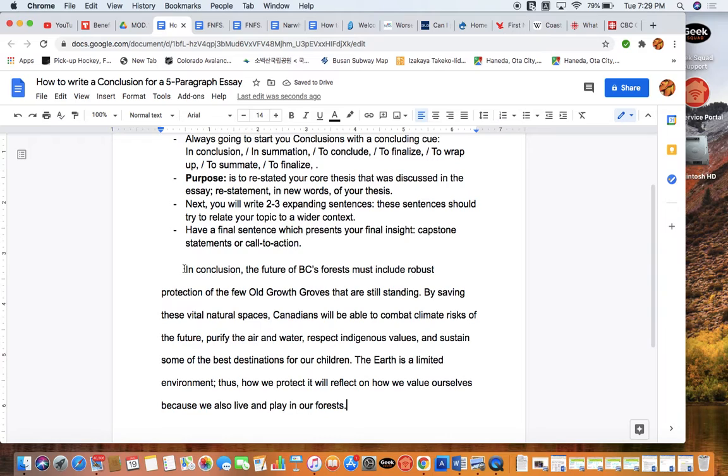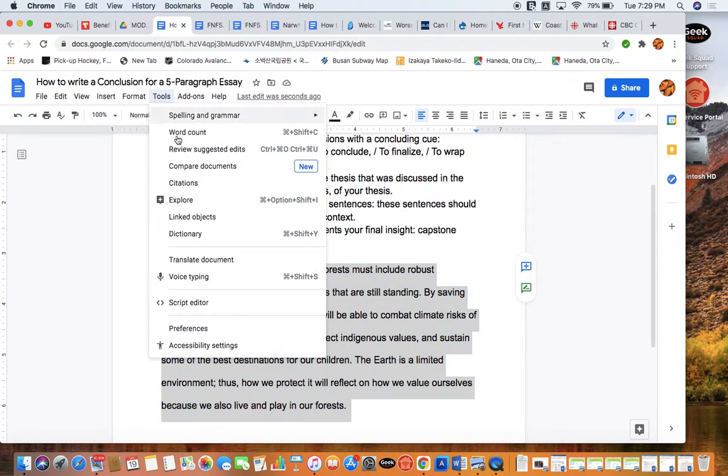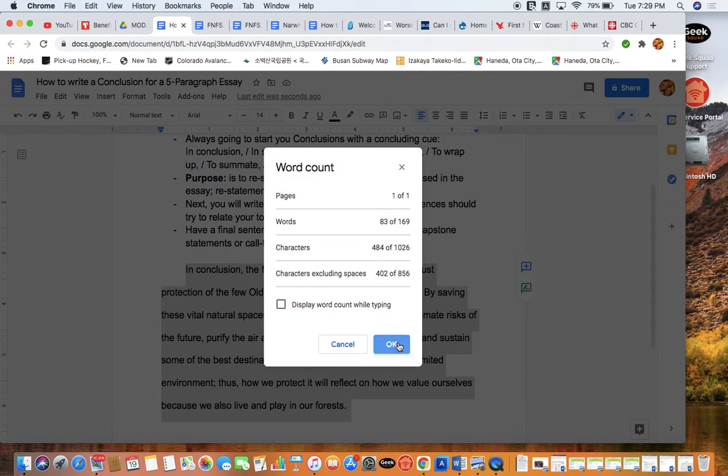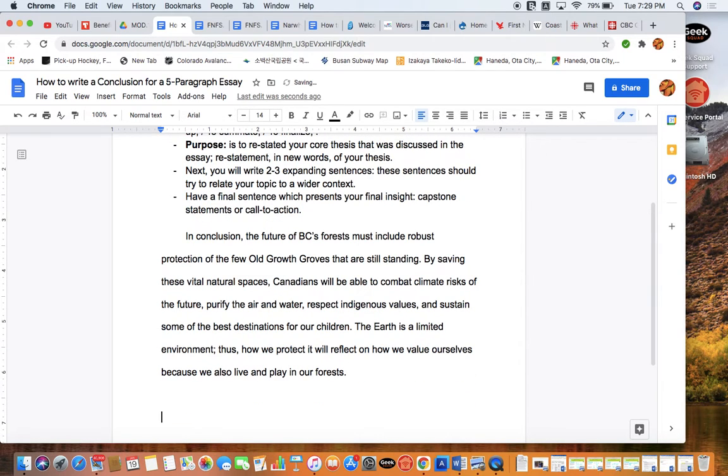And you'll notice that basically we might want to add one more sentence here, but we've incorporated all of the core ideas. We kind of did a bit of a restatement here. This is a bit of a longer sentence. Let's see how many words we ended up with. Now, when you're doing this type of a project for an in-class essay, it's currently at 83 words. So that is a touch thin. Let's see if we can